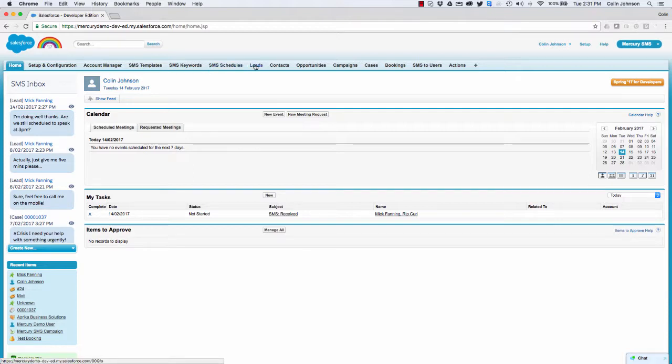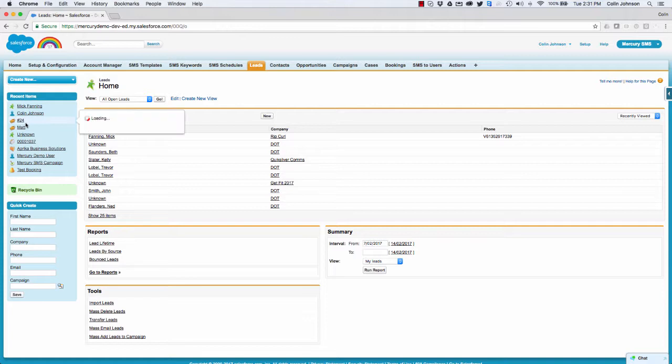If I go to any other object or record in the system, you'll see at this stage the SMS inbox isn't being displayed on any other record or page. So we can make that sidebar display right through the system in Salesforce Classic. So now that it's been added onto the home page, what we're able to do is add it to everywhere else. So we'll click on Setup again,